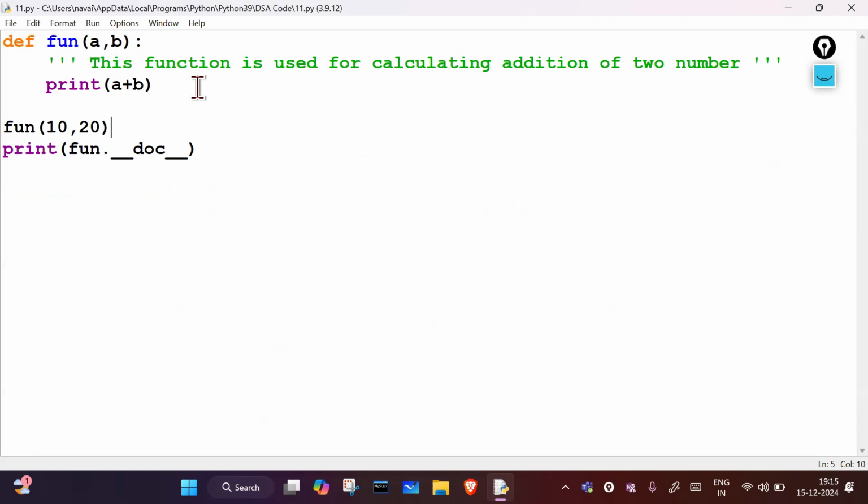Okay, so one more thing is, whenever we use any predefined function, for example, okay, I hope you understood